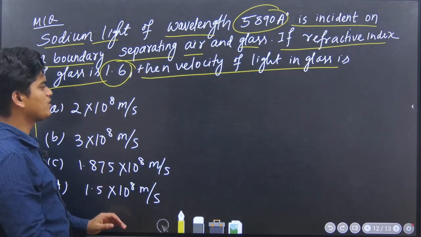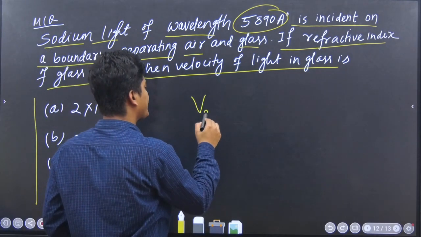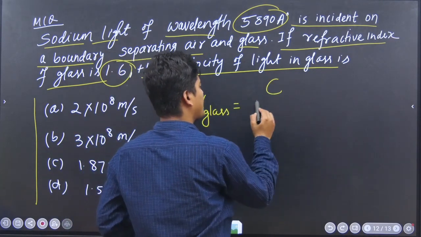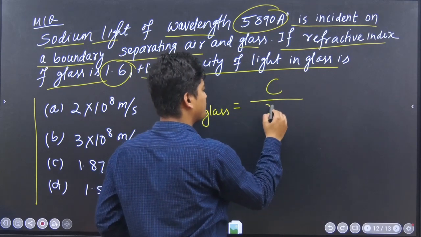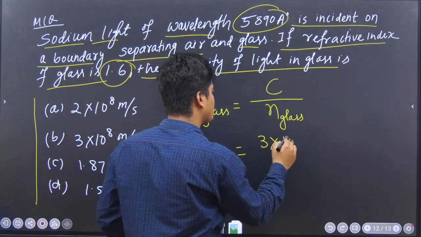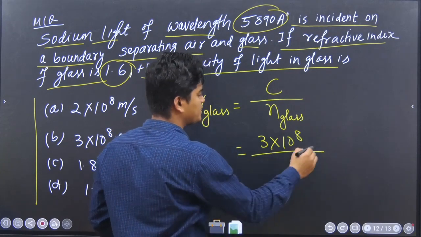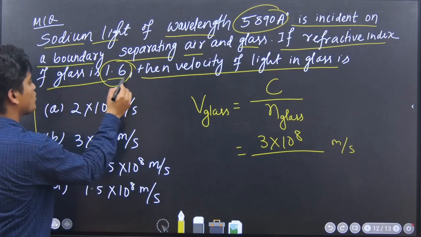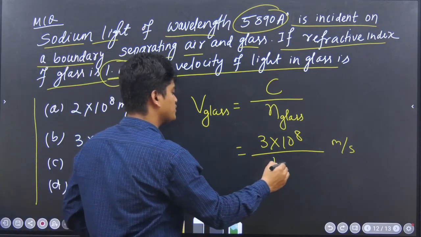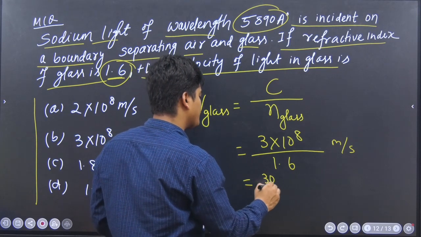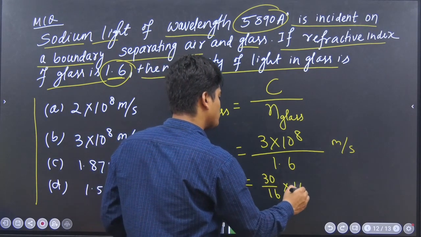Now see, just now I told you, if you want to find the velocity of light in any medium, you write speed of light in air or vacuum divided by refractive index. So here, what is given? C is 3 into 10 to the power 8, in meter per second, divided by the refractive index of glass, which is given as 1.6. So put 1.6 here. Now, 3 by 1.6 means 30 by 16, into 10 to the power 8